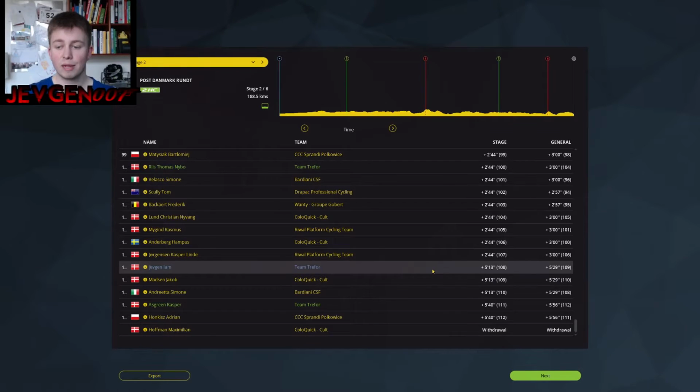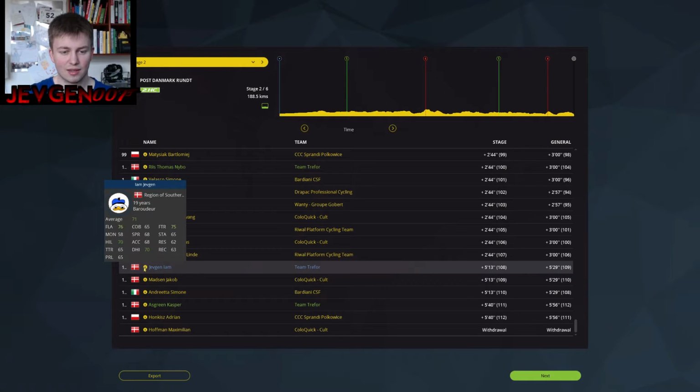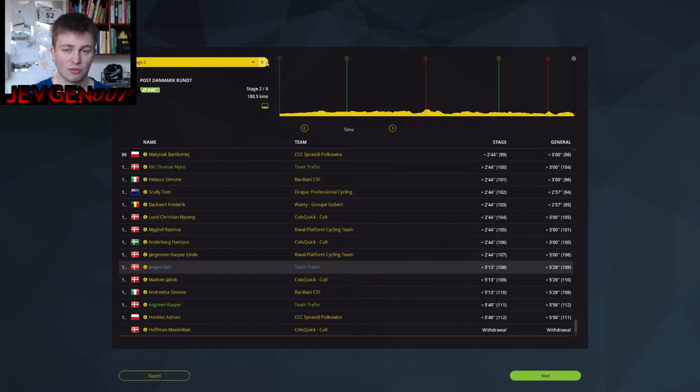So we end up losing 5 minutes and 13 seconds, putting us effectively out of the running for the overall classification, which we probably could have had a pretty good chance at with our 65 time trial and 76 flat. We might have gotten a top 20, 30 placement, but that doesn't give us any XP. What is easier to get XP from is to get in the breakaway and just stay in the breakaway, maybe